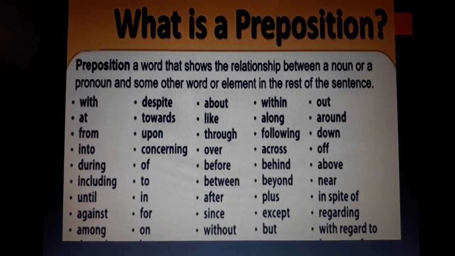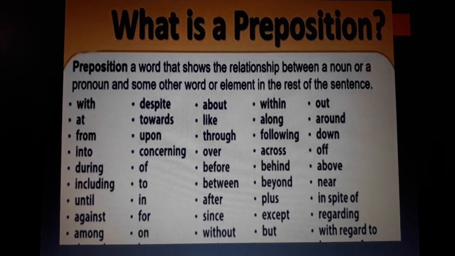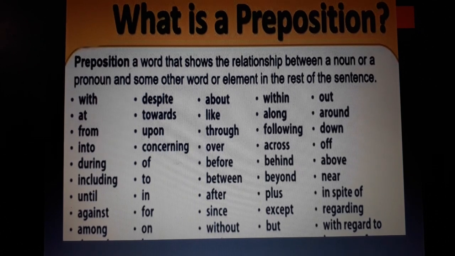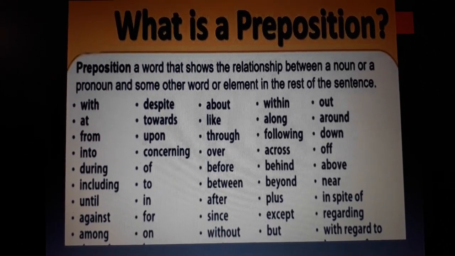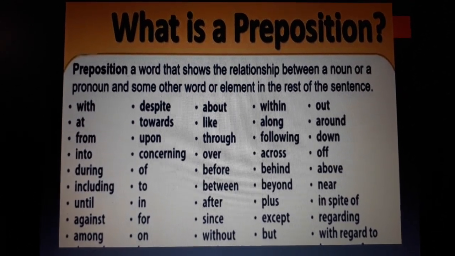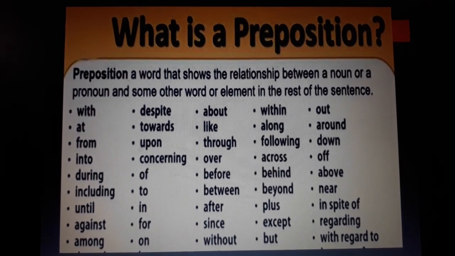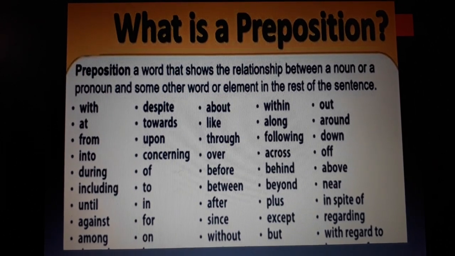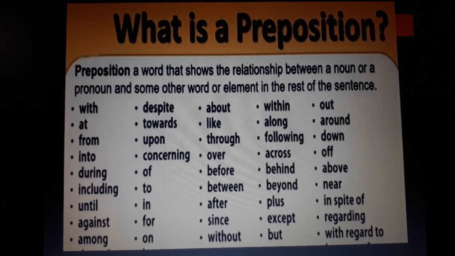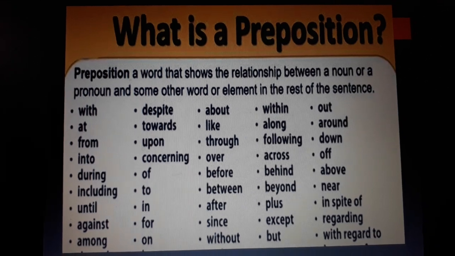If we take another example, she went to sleep early. In this sentence, the preposition is to. She went to sleep early, which is introducing where or in what state the noun had gone into. If we take another example, her house was beside a steep hill. Her house, where was her house? Beside a steep hill. The preposition here is beside, which is telling the place where the house was. The prepositional phrase is beside a steep hill, which is acting as an adverb.